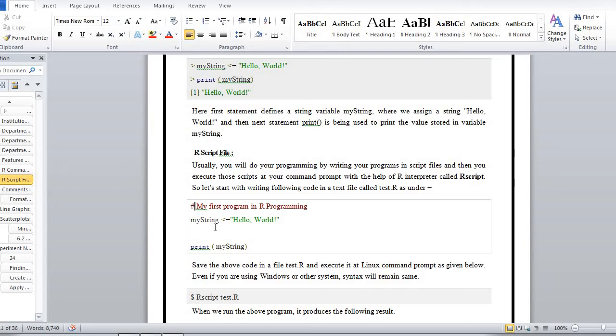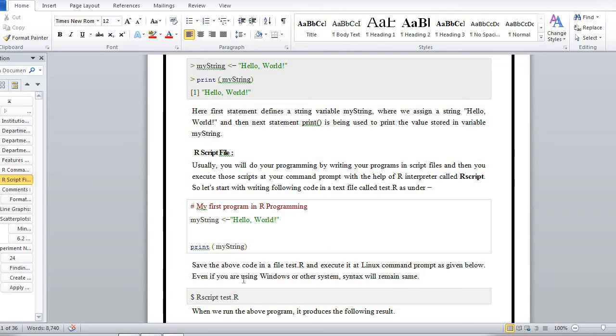In the earlier case you were giving command by command on the prompt, but here you are writing two lines together in the file and giving them together for execution. Save the above code in a file test.r and execute it at the Linux command prompt as given below, or at your command prompt.